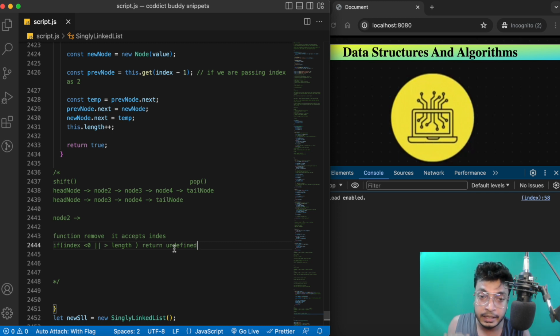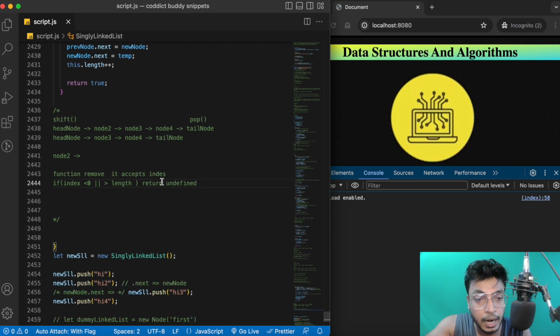In case of adding, we simply say true or false, because we already know the node or element we are going to add. That is why, to tell the user it's successfully added or removed, we return true or false. So in case of addition, we return true or false. In case of removal, we return undefined or the removed node. That is why I have used undefined here if the node is not found. If it is found, we are going to return the node which we have removed.